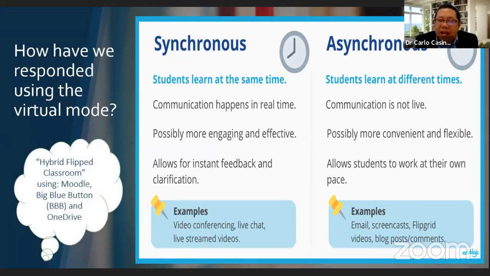This results in what I have coined as a hybrid flip classroom. Why? Because the asynchronous session here takes the place of a traditional face-to-face interaction. So I can still see my students regularly, okay, through the live session. However, despite what we have implemented, there is still a challenge of ensuring the quality of teaching, which means